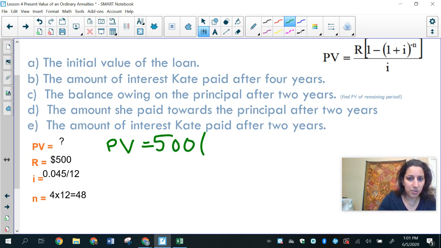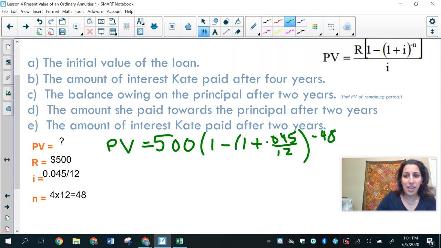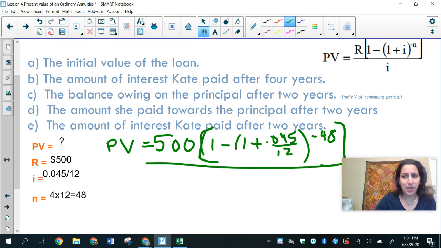You're going to do 1 minus, round bracket, 1 plus 0.045 divided by 12, all in my calculator at one shot. Then I'm going to raise it to the negative 48. And then I'm going to close my bracket, square bracket, these should have been squares, and then divide that whole answer by